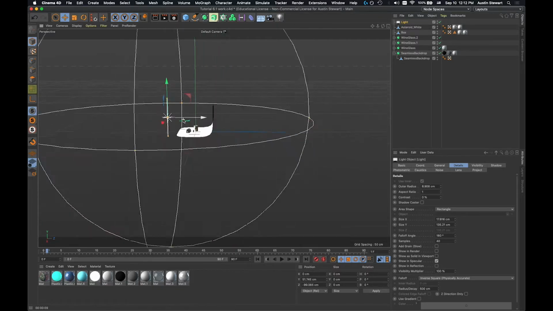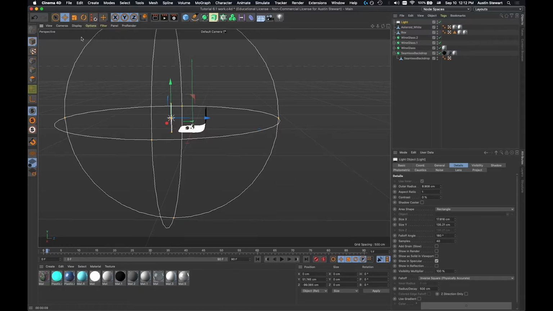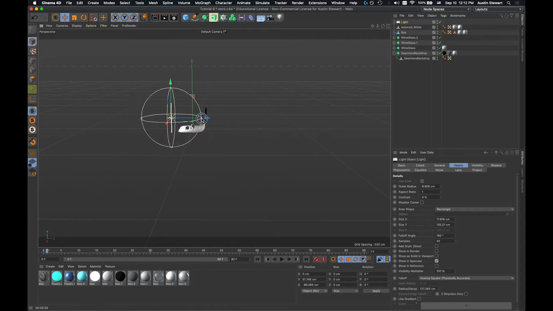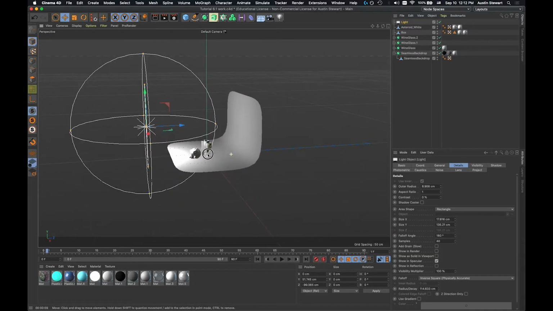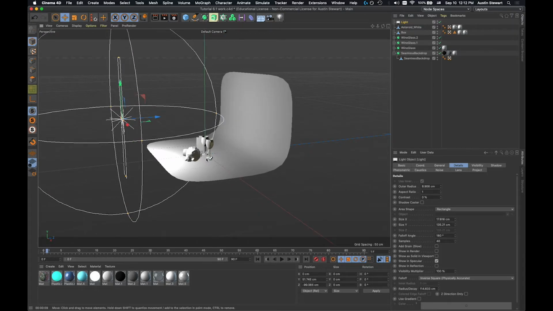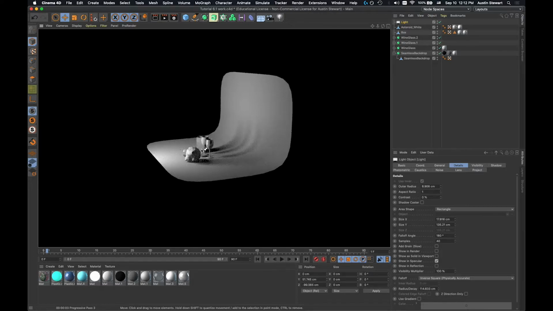If I zoom out a bit, you'll see that when I turn on the Falloff, I now have this sphere of intensity around me. What I can do is essentially adjust how bright this light is based on how far away it can illuminate things. You'll see there is illumination past this sphere, but this allows me to very cleanly adjust the radius of decay. So I'm going to rotate my view and zoom in a little bit. I still haven't changed the position of the light. It's still going straight on. I just want to go ahead and render this. Now you can see that I have a lot more control over how bright this light is and where it's coming from and what type of